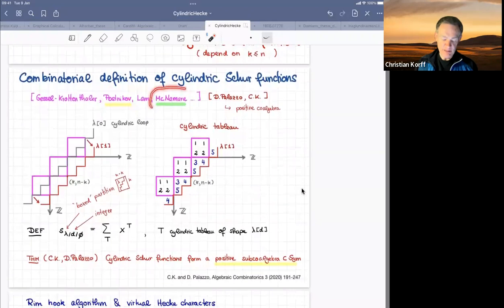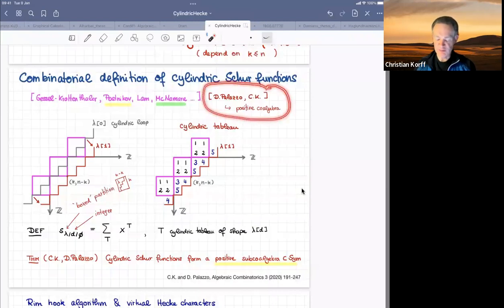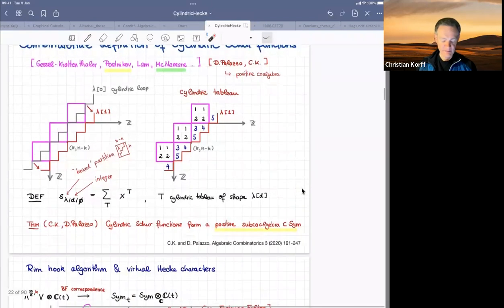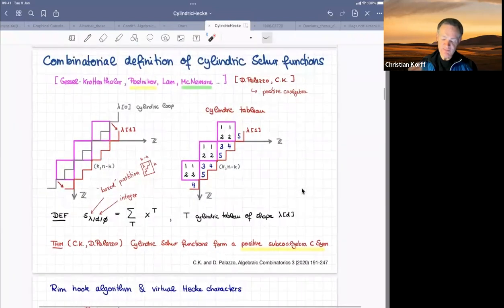There's other work, in particular of Peter McNamara, who conjectured that these cylindric skew Schur functions were positive if you expand them into cylindric Schur functions, which is precisely what comes out as a result if you show that cylindric Schur functions form a positive coalgebra. The cylindric Schur functions which you get under the Macdonald characteristic map from cylindric Hecke characters are simply defined by